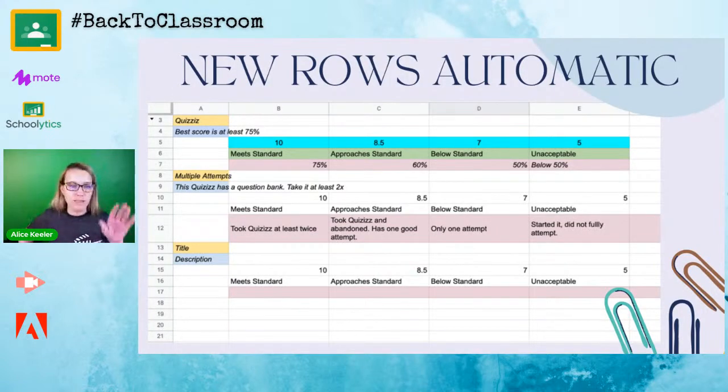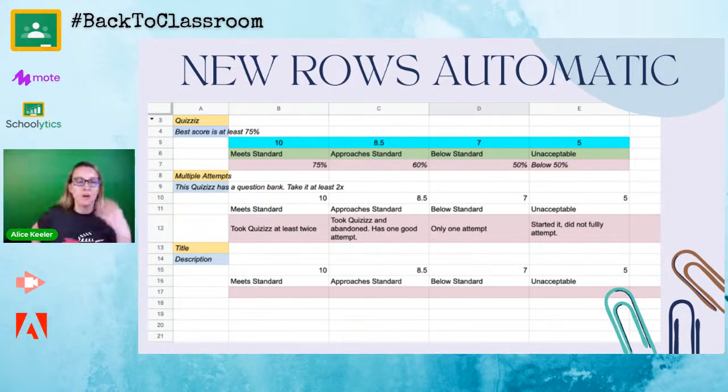So what you're going to notice on here is that in this particular scoring guide, it says quizzes. I'd love to use quizzes. And then I basically do it as a pass-fail. Like I tell the kids they have to get at least a 75%. And if they get a 75% or an 80% or whatever my cut point is, they get full credit. Okay. So then as soon as I start typing quizzes and I start entering that in there, it gives me the option to put a new row of criteria.